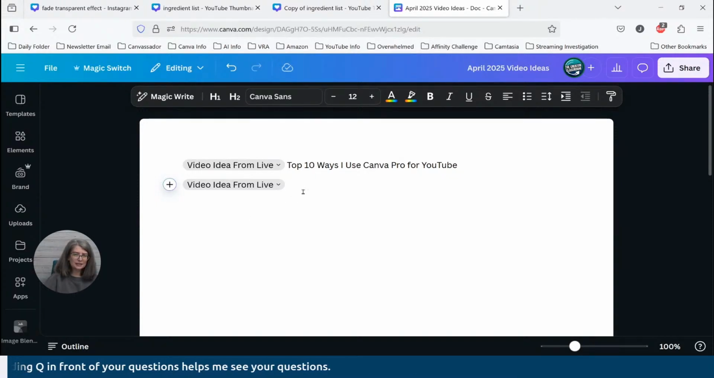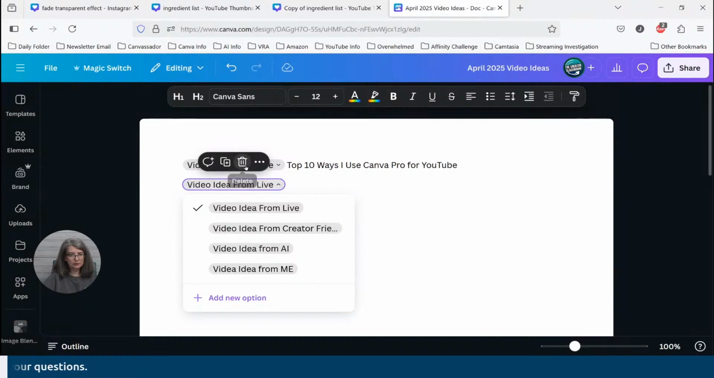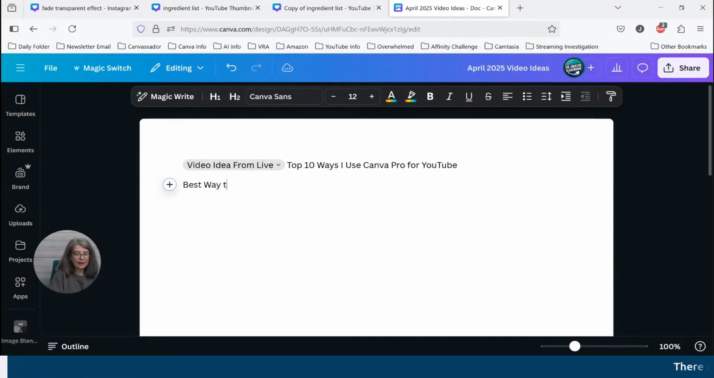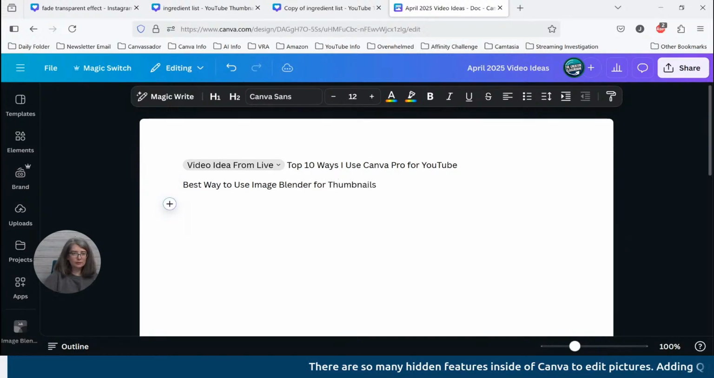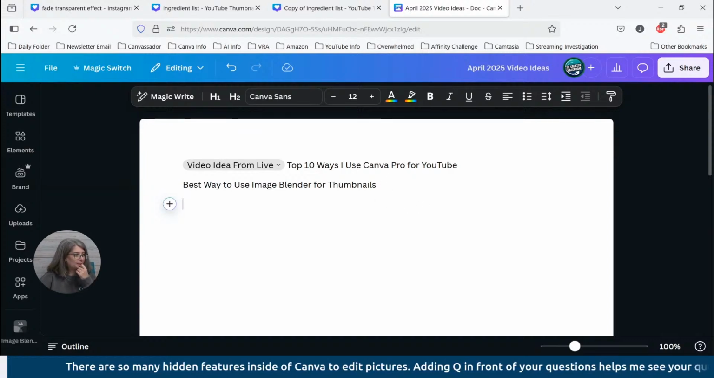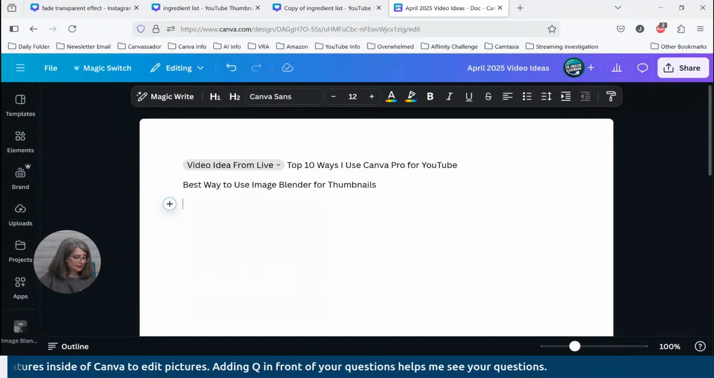Why won't it let me type? Best way to use Image Blender for thumbnails. I don't know. I'm just going to continue writing. What I know is going to happen is that